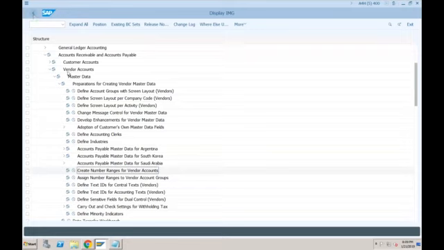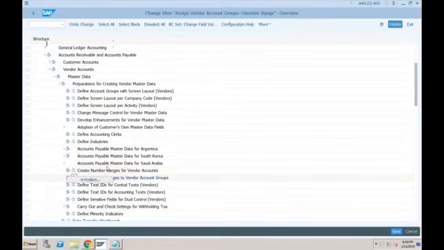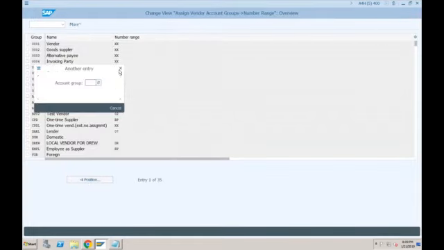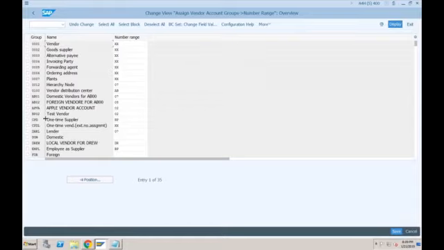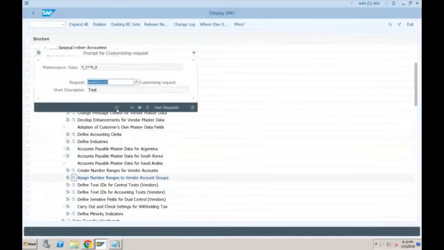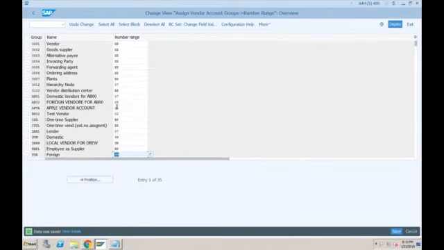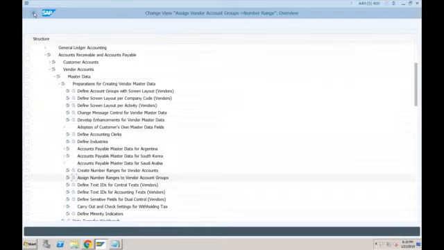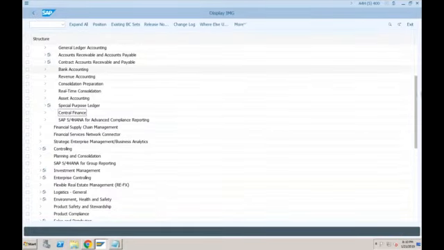Let's go back and assign the same number range for domestic, which is DOM, to 99, and to foreign also 99. Okay, and same thing now I need to do for business partner groupings.